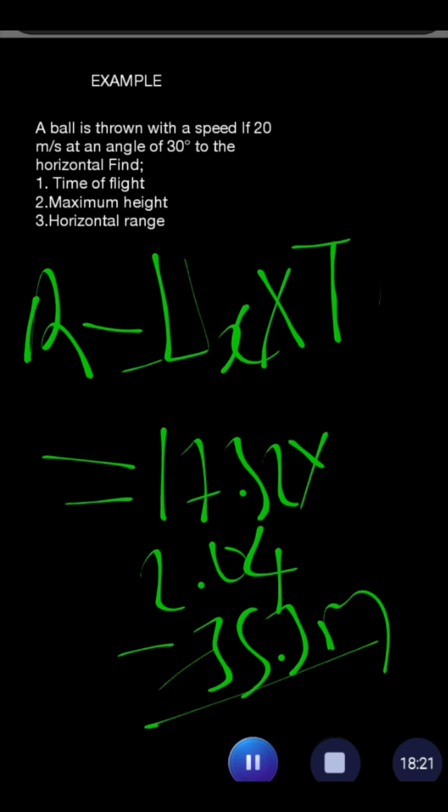Let's do another example on projectile motion. Imagine you are throwing a basketball to score. The ball leaves your hands at 15 meters per second at 40 degrees. How far will it go? When we look at this question, it's simple, but they are looking for the range, just as we calculated earlier. And we said the range is equal to